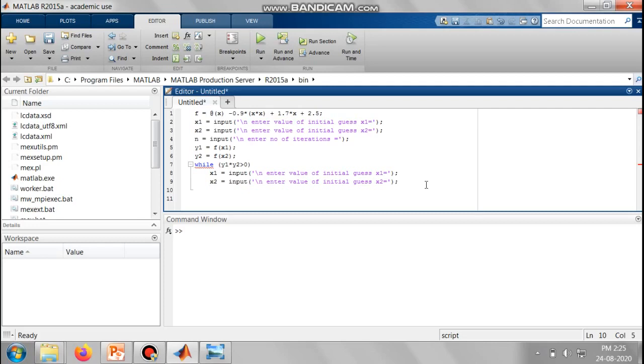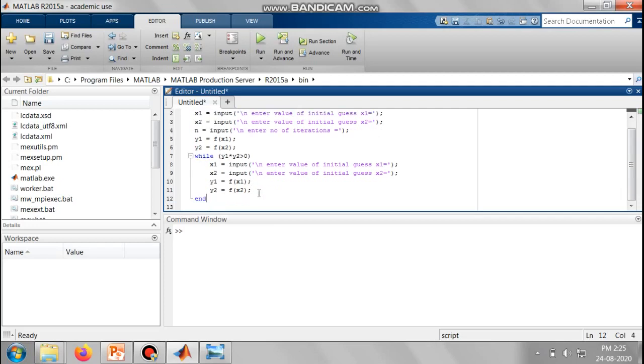So of course now since we get the new values of x1 and x2, again we have to calculate the values of their respective functions. So we'll write y1 is equal to f of x1, terminate the sentence, and y2 is equal to f of x2. So these two functions will be calculated at this particular state, and then you can end this particular loop at this point. Now let us go to next line.